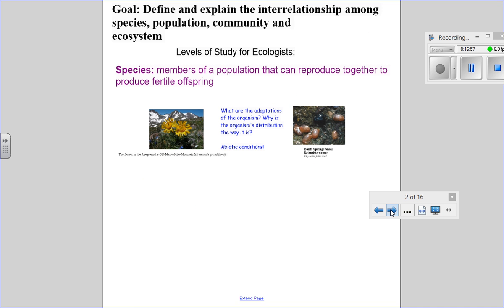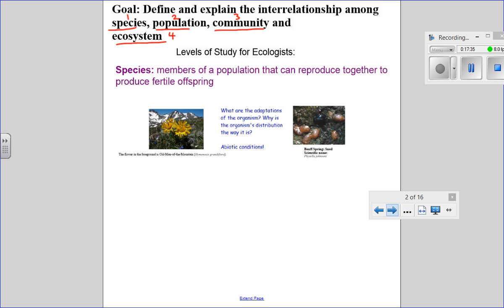So we are going to do a little bit of vocabulary for the next little bit. When you are an ecologist and you are studying ecology, you need to be able to use 4 terms fairly specifically: species, population, community, and ecosystem. So we are trying to determine why or how the number of organisms changes by determining which factors affect its survival, but also by discussing 4 different levels of study.